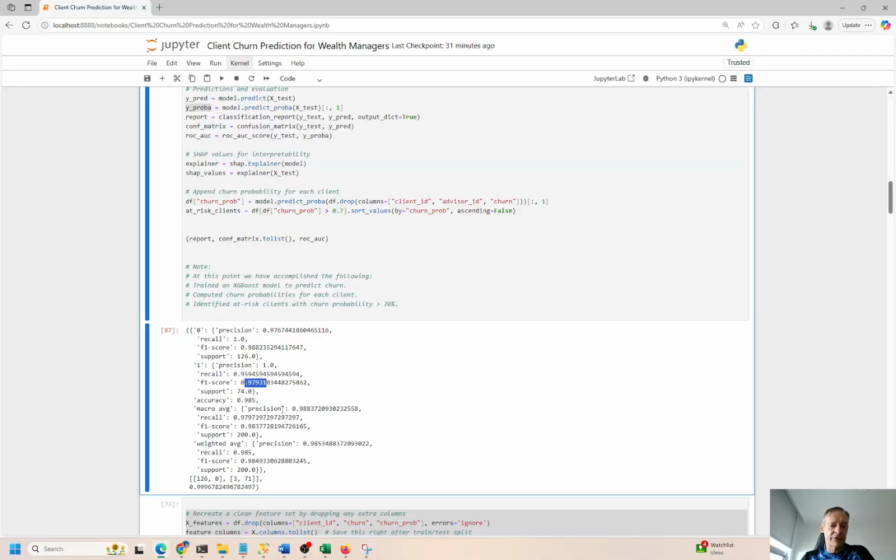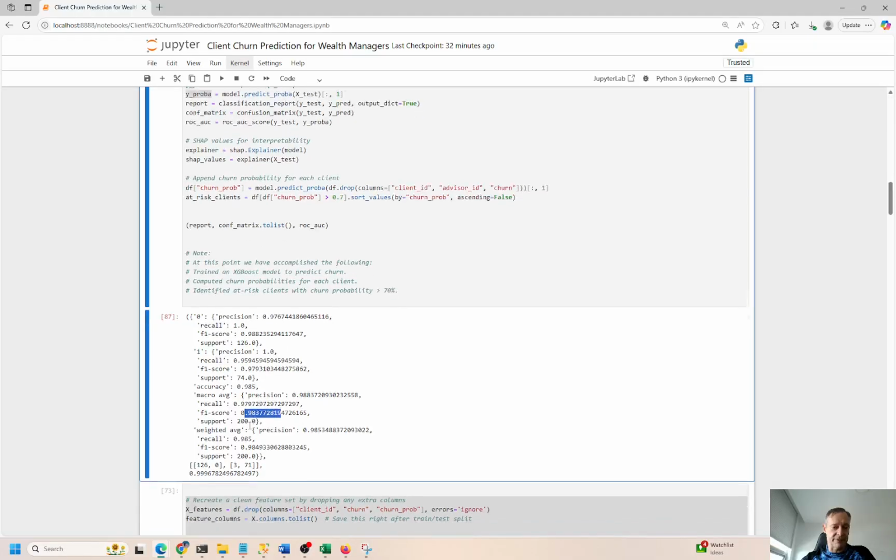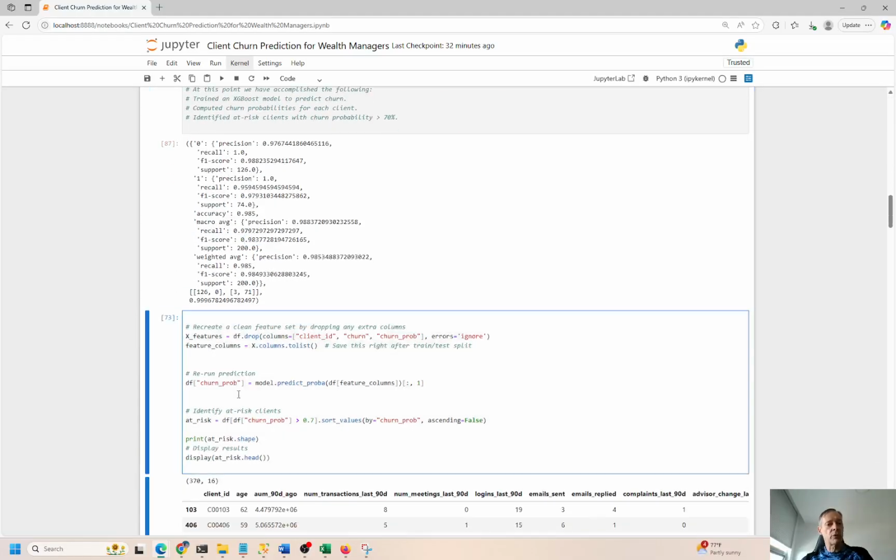These should be close to 1. So the model overall is performing quite well, and it's doing a very excellent job of understanding historically what has caused churn, and we're able to pretty accurately predict churn at the rate of about 97 or 98%, right? So pretty accurate. So we want to take these figures and go ahead and create a churn probability.